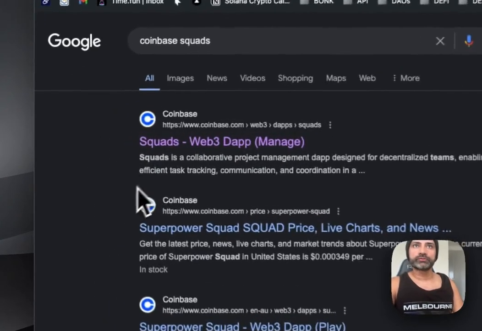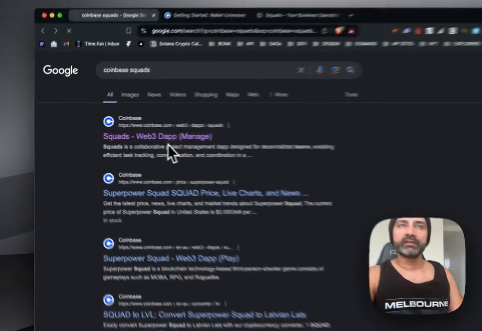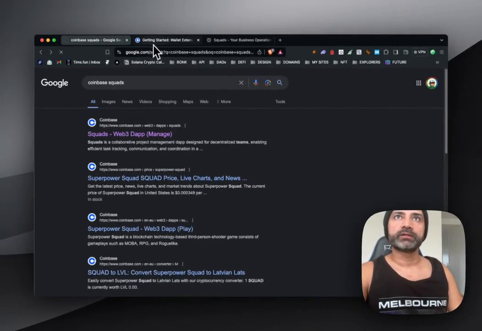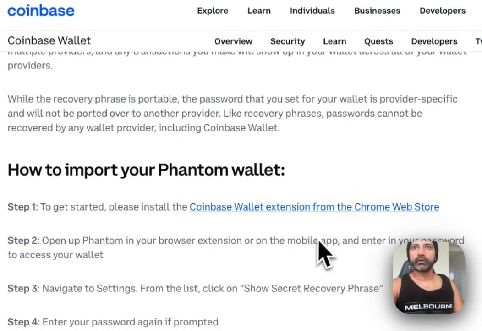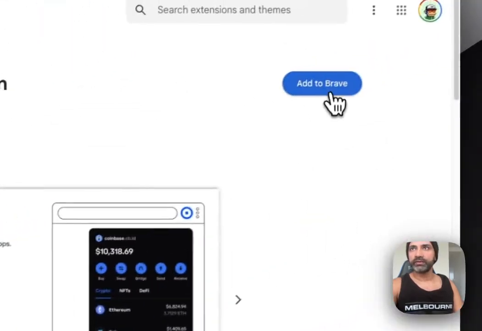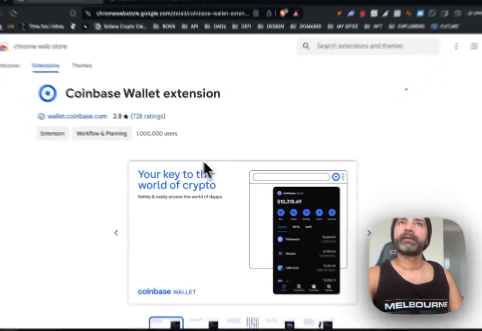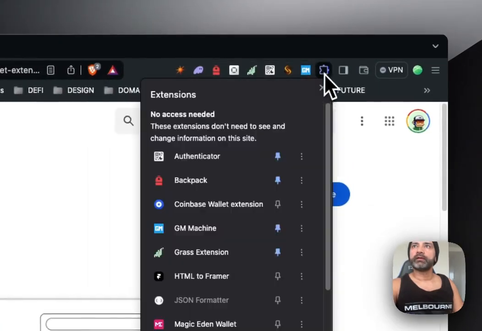So if you do a Google search for Coinbase and Squads, this link is not working at the time of this recording. So I'll just head over to the Coinbase website and click the Chrome Web Store wallet extension and get that installed. This is a pretty straightforward thing. You install the extension, it goes and downloads it, you run it,